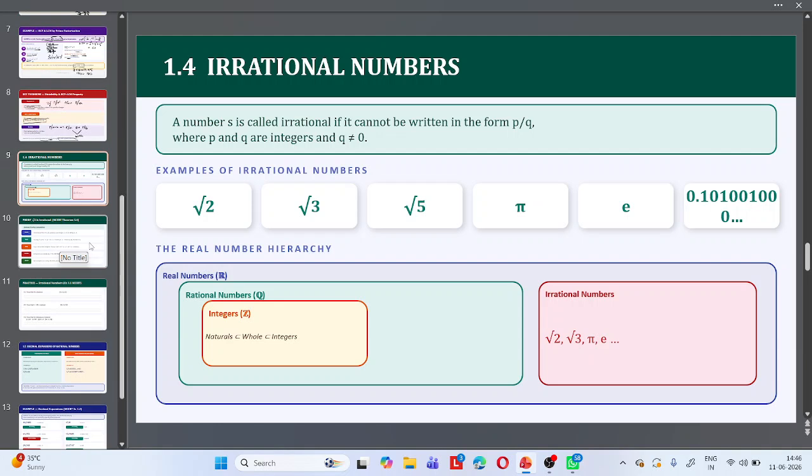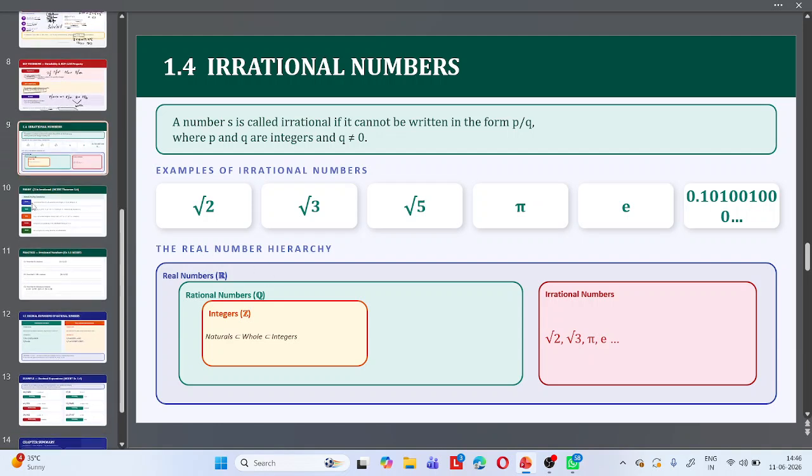Here we have irrational numbers. We all know about that. What is an irrational number? Irrational numbers are those numbers which cannot be written in p by q form. Here the condition is that q should not be 0, and p and q are integers. Those numbers which cannot be written in the form of p by q are said to be irrational